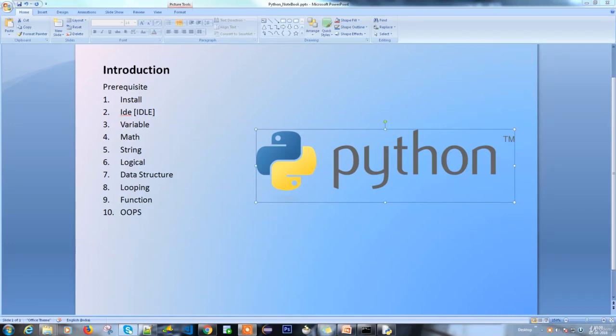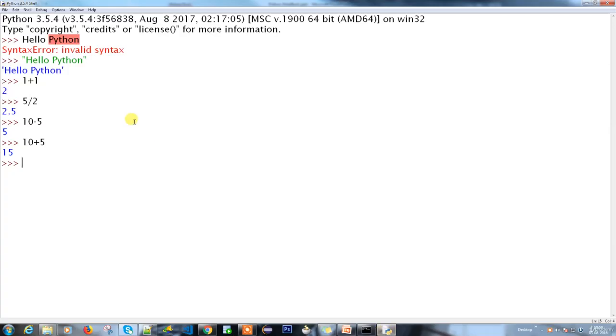Welcome back everyone. So far we have discussed how to install the IDE and how to write my first code in a Python IDE, and some basic stuff we covered in the last video. Whatever we did, how to print data or a string or how to do some calculations. As I said, 10 plus 5 is 15. That's cool. So what am I going to do with that?